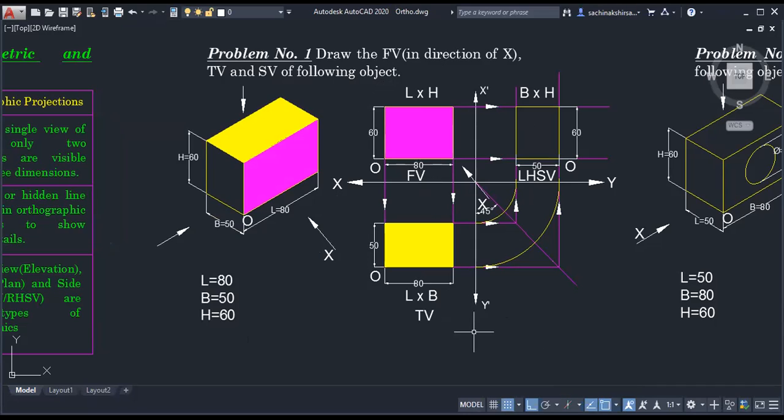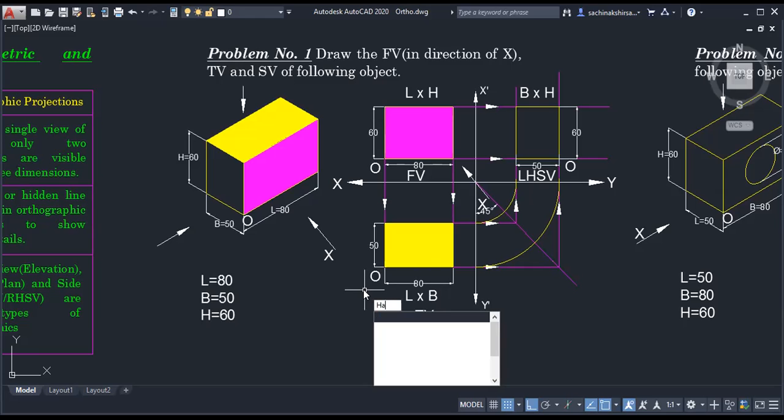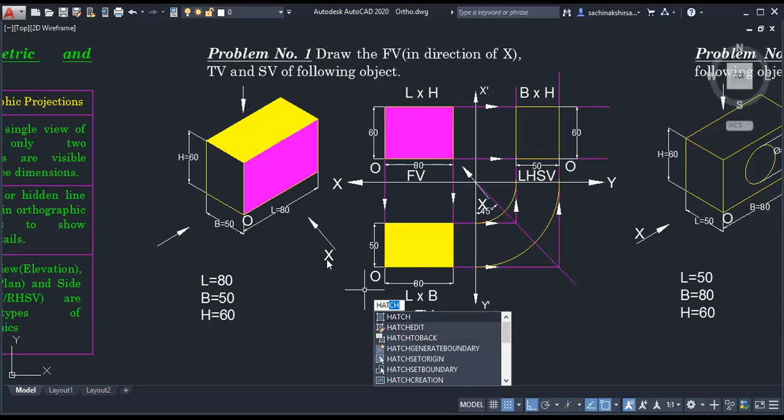Are we observing height in the top view? No, sir. So length is there, but height we cannot observe in the top view. So which dimension remains? Width. So width will be observed. Okay, then